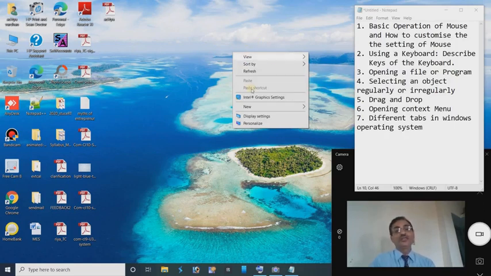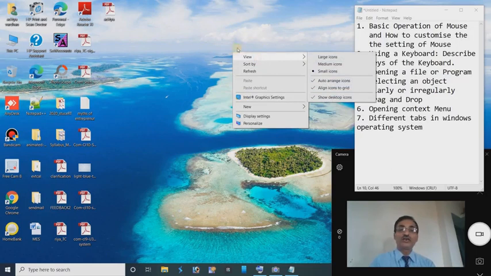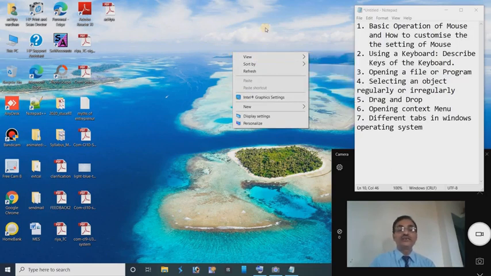So this is the context menu, which may also be called the shortcut menu. This context menu is related to the desktop. It means the command options present in this context menu will be utilized only for changing the settings of the desktop.